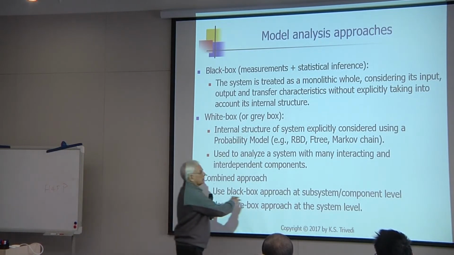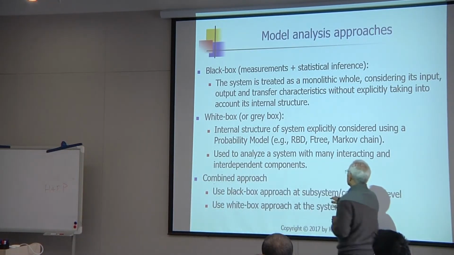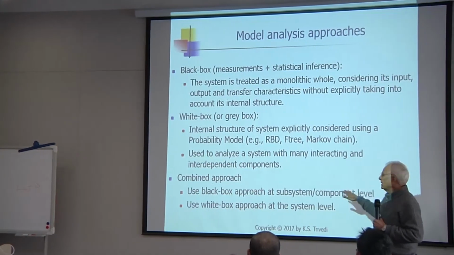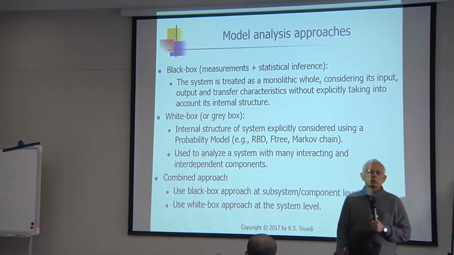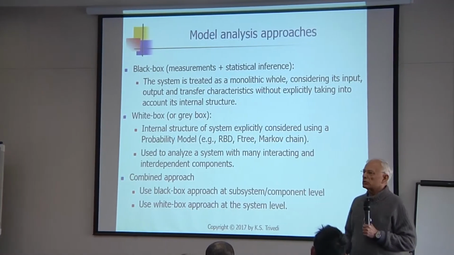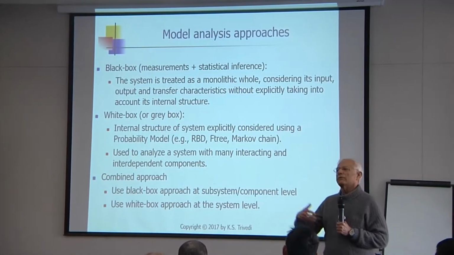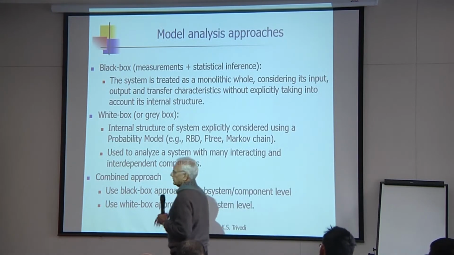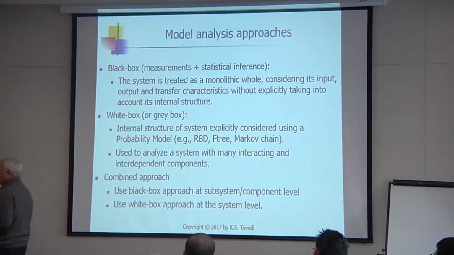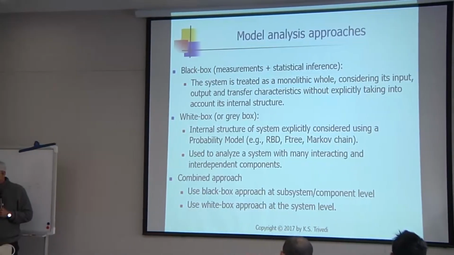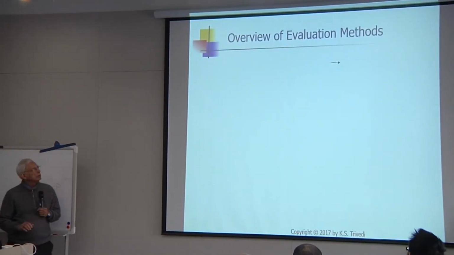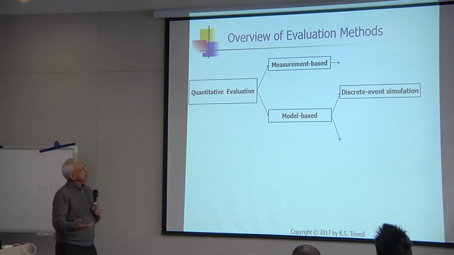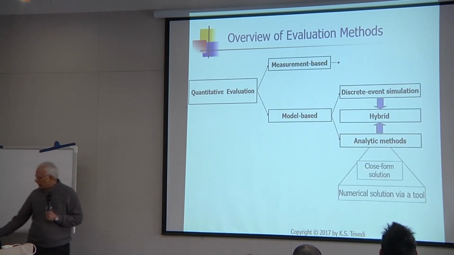The black box approach is used at the subsystem or component level, where measurements are possible. But the white box approach is used at the system level, where measurements are either not possible, very expensive, or whatever. So we combine the two things together. So you can say that the overview of evaluation methods for system performance, reliability, availability, or whatever can be based on measurements,